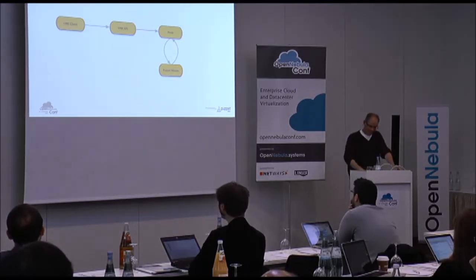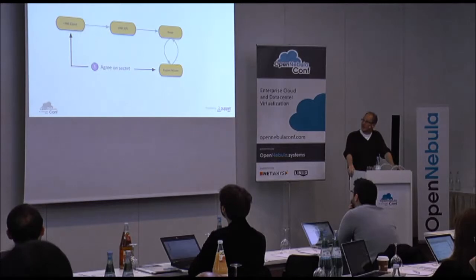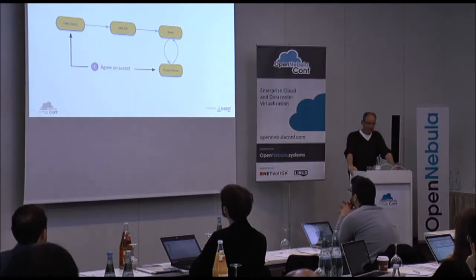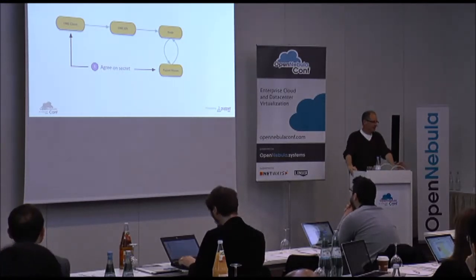And the way we do this is that first the OpenNebula client, and client here isn't just a command line client, right? This could be another application that's actually creating instances. The client and the Puppet master need to agree on a secret. And the secret can literally be some sort of pre-shared key that you share between the two. But it could also be a way for the client to tell the Puppet master, hey, I just launched an instance, be prepared that this machine will show up, right? And stick that somewhere.